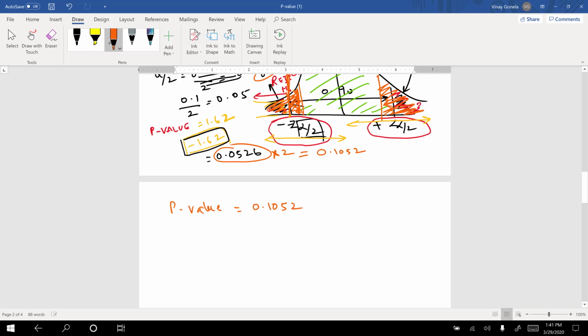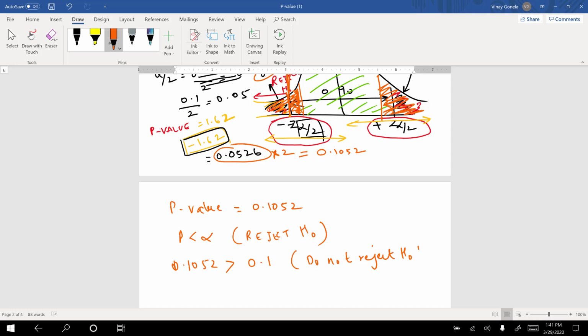We said if p value is less than alpha, we reject null hypothesis, H null. Our p value is 0.1052, and our alpha is 0.1, so this is clearly greater than, so we do not reject